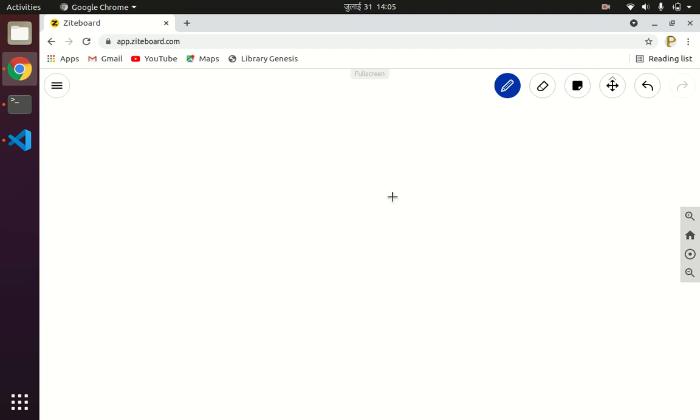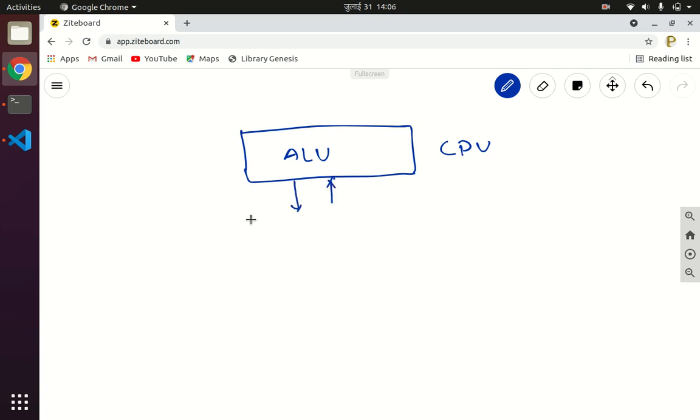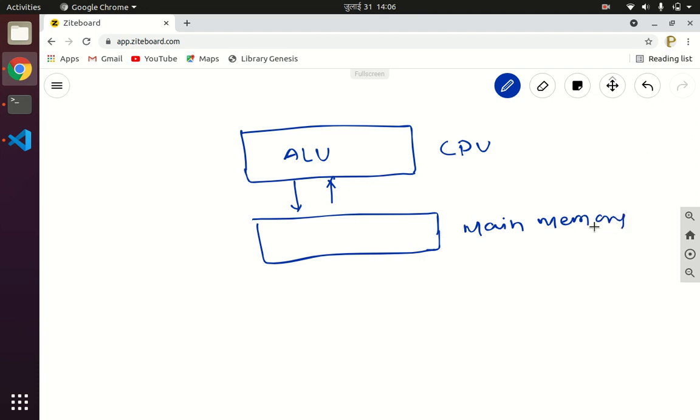So let us say this is a CPU. Central processing unit performs arithmetic and logical operations, and the data for these operations will be fetched from main memory. So our CPU has direct access to the main memory. Basically all our C programs get executed in the main memory, and whatever data we supply to our C program gets stored in the main memory. Whatever input data or output data is generated is stored in the main memory.